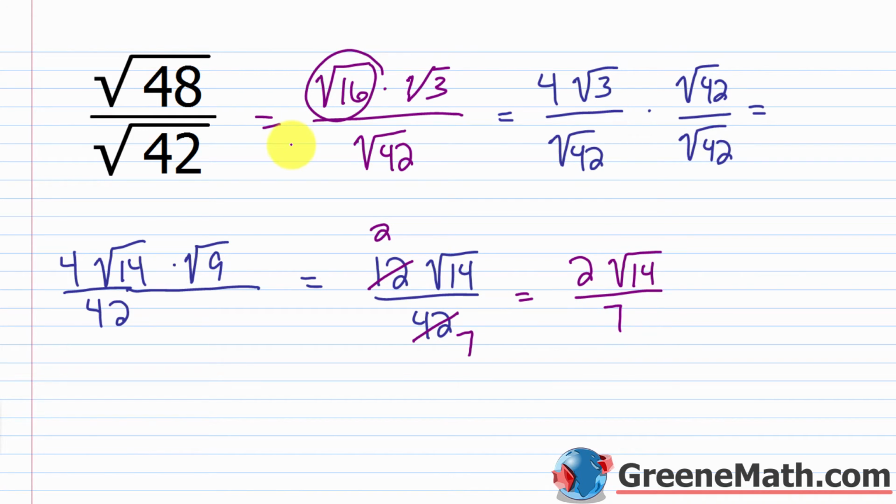And again, lots of different ways to attack these problems. If you wanted to start out by saying, okay, times square root of 42 over square root of 42, that's fine. You can do that. But I really think if you spend the extra time to try to simplify in the beginning,